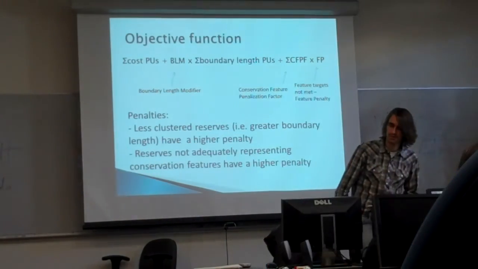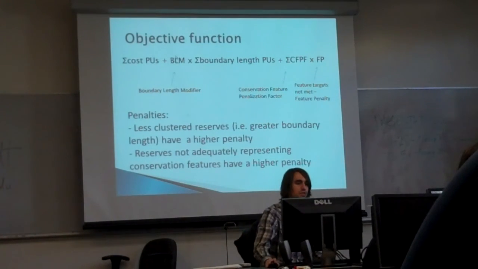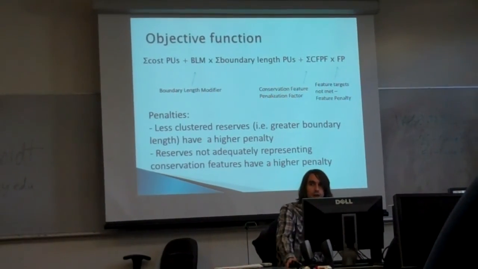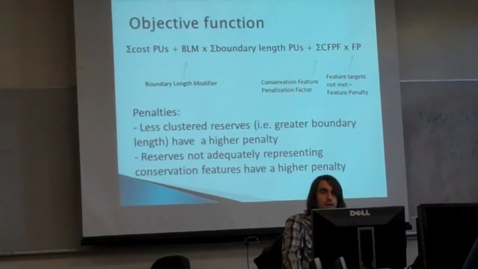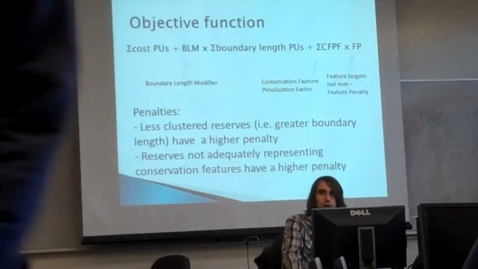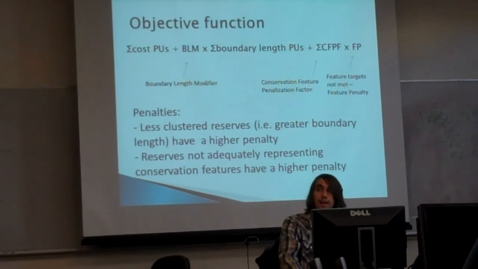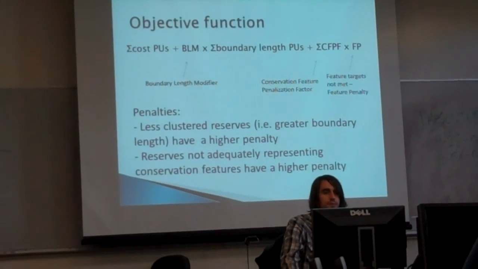So this first term, the cost of the planning units, is pretty straightforward. This is just the sum cost of buying each planning unit. So often this is just termed as sort of area, but you could also include things like the actual cost of a given parcel of land in it. The second term is